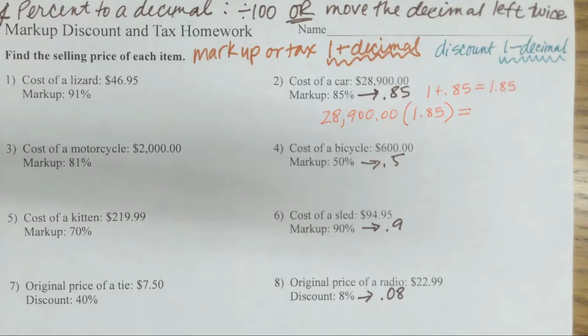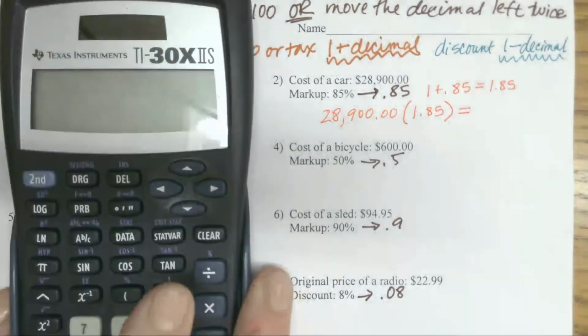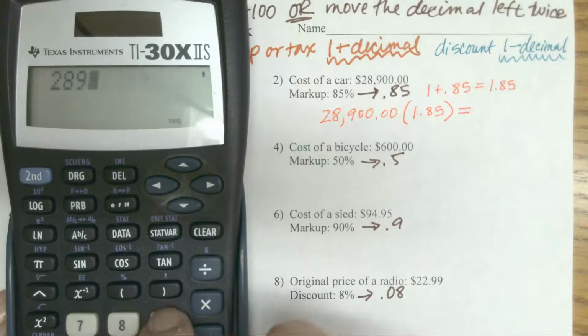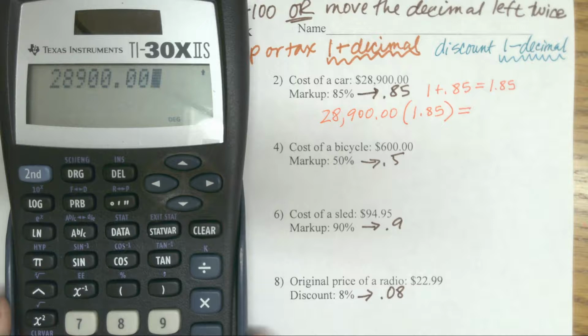So this is where your calculator comes in handy. And again, you can use your phone calculator just fine. It doesn't really matter on this because the math isn't too fancy. So I would do $28,900 times 1.85, and then they're going to charge me $53,465,